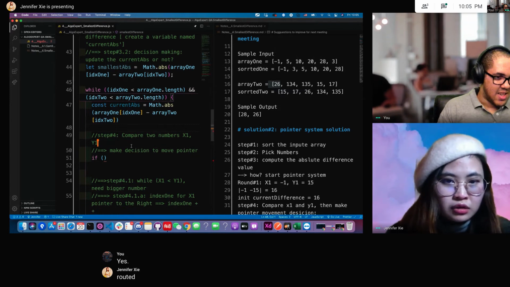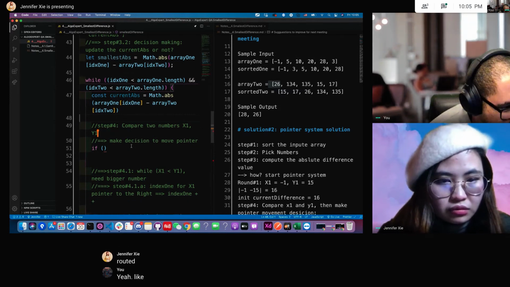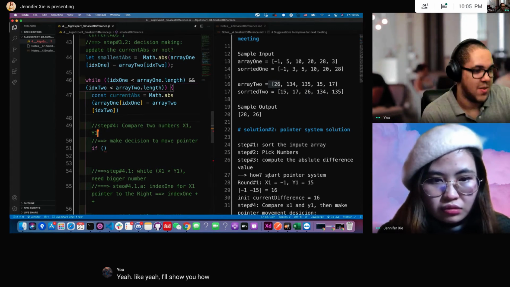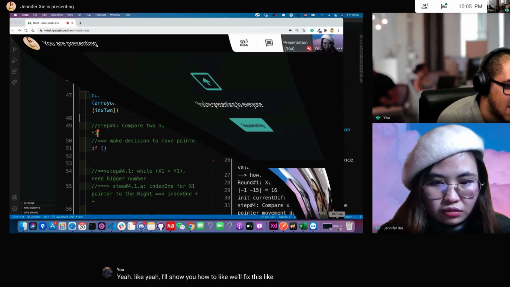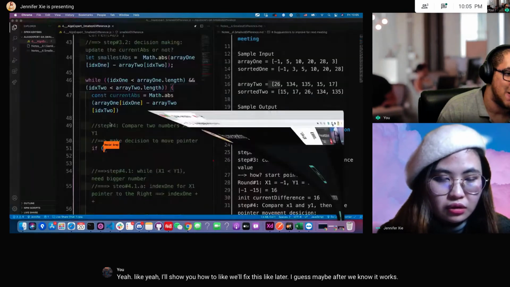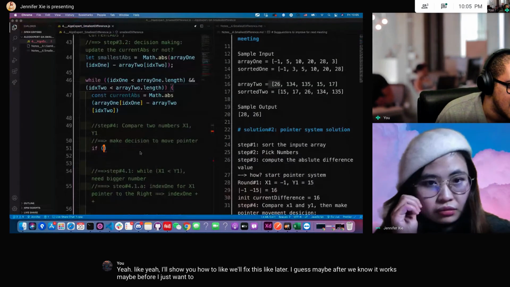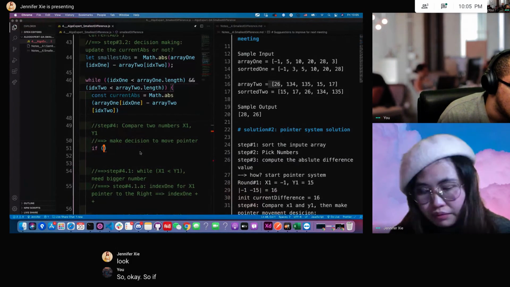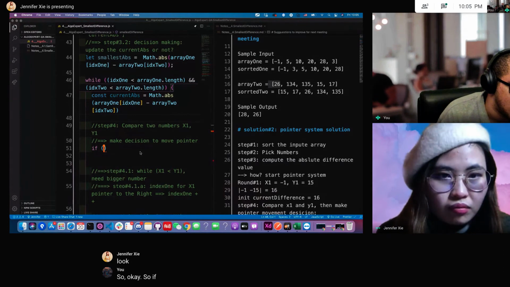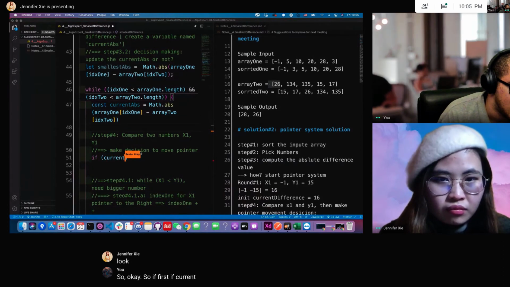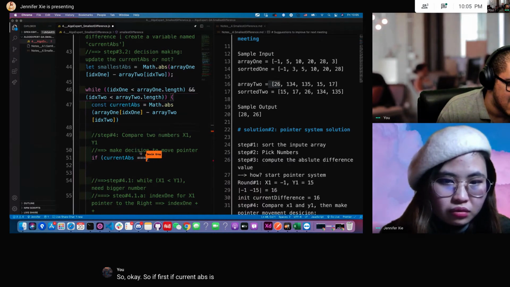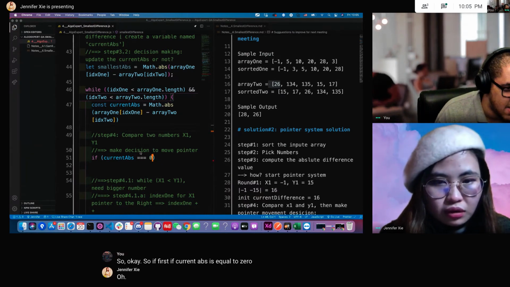Yeah, I'll show you how to fix this later. I guess maybe after we know it works. Maybe before. I just want to finish. So, okay. First, if current abs is equal to 0, then